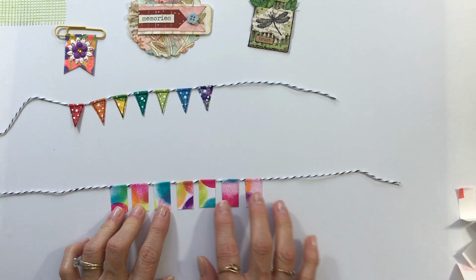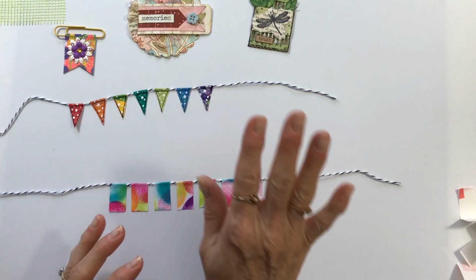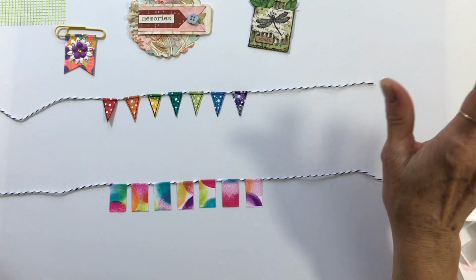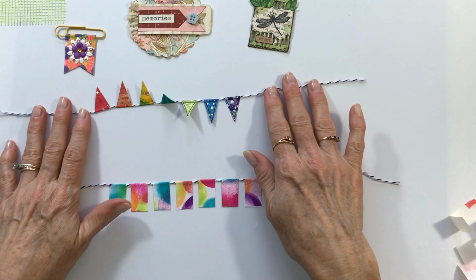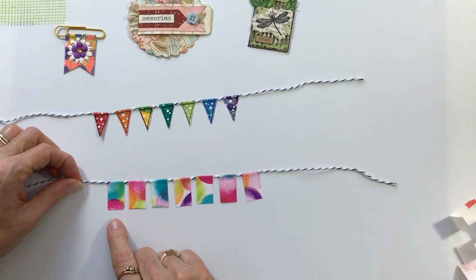Now remember, if you don't have labels, that's fine. You can use the paper strips like I used here, and you can use scrapbook papers or painted papers or magazine pages, anything that's got some color on it, that makes a little flag like you'd like to have your banner look. Okay, so you can leave these as